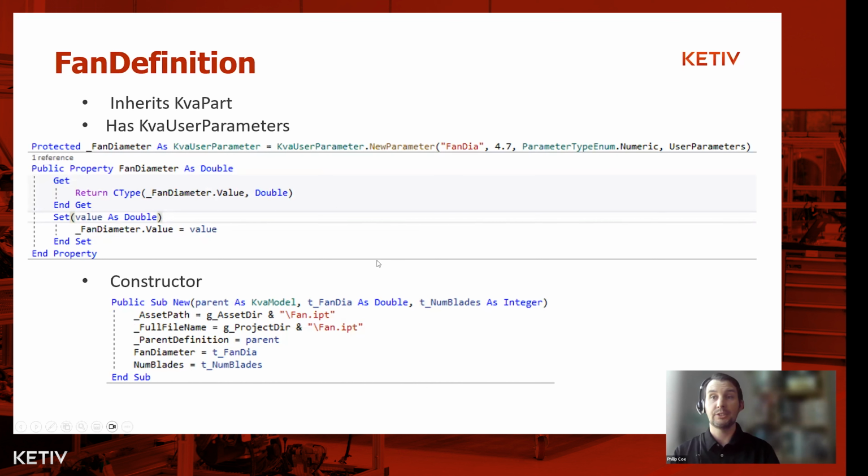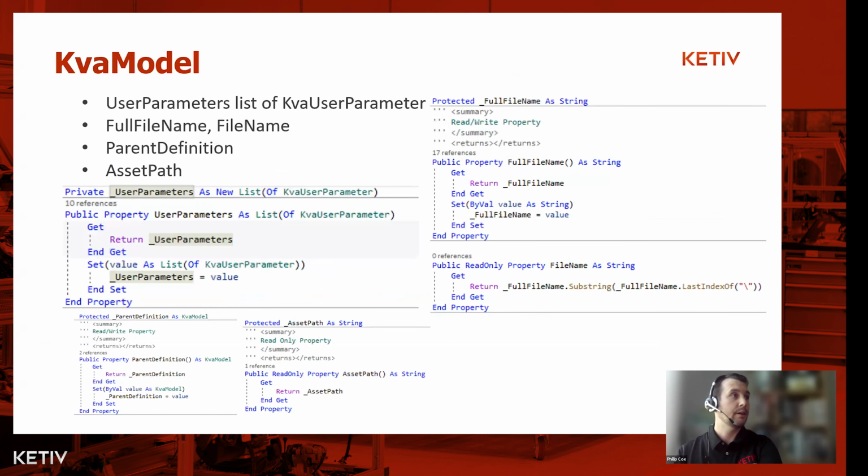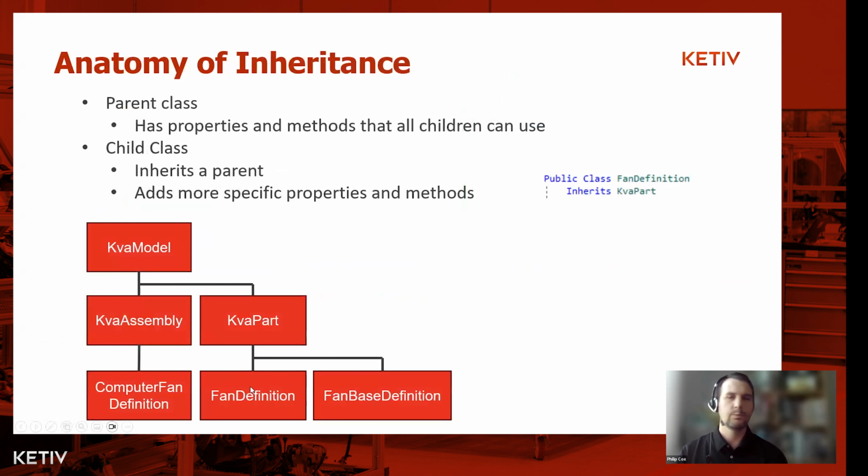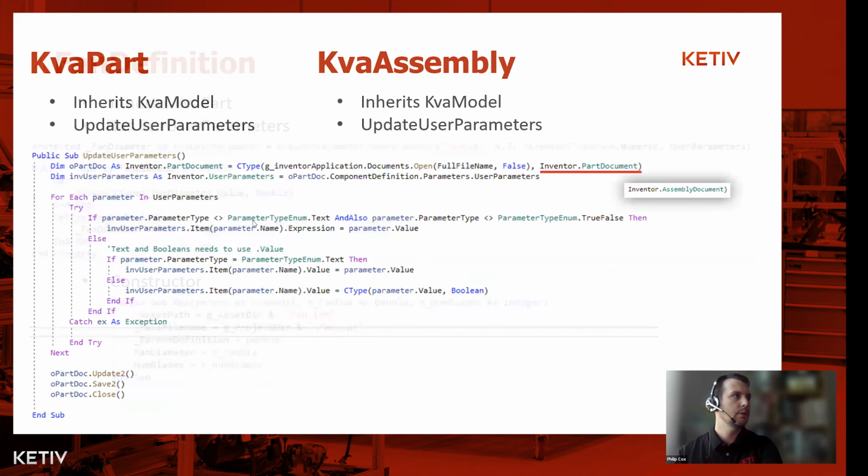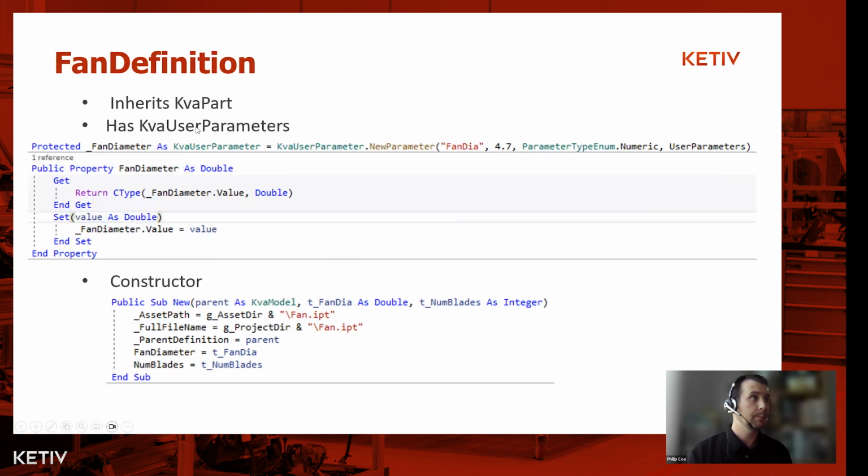So fan definition. If we go back and look at our little tree here, we're looking at a class that inherits from KVA part, which inherits from KVA model. So it's going to have all the goodies that both of these two have. Okay, so it inherits KVA part, and it has KVA user parameters. So here's one example of using the KVA parameter, and you'll notice it's a little different on how we implement